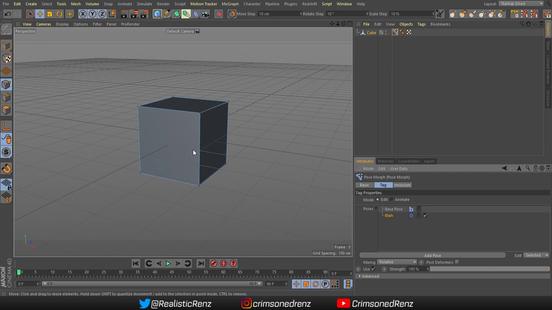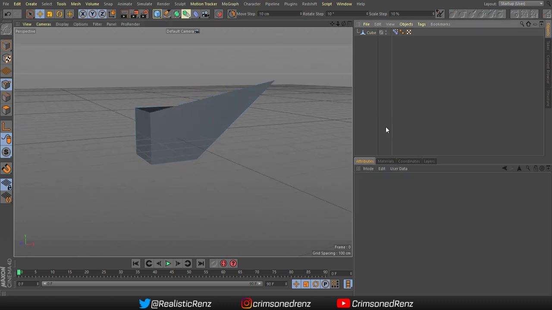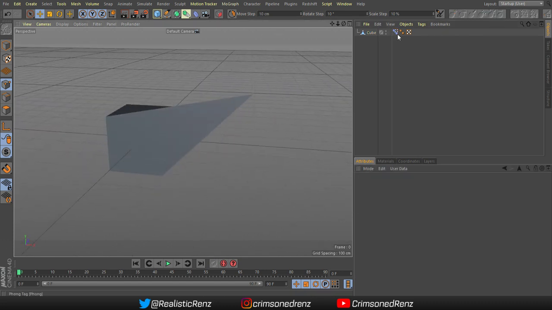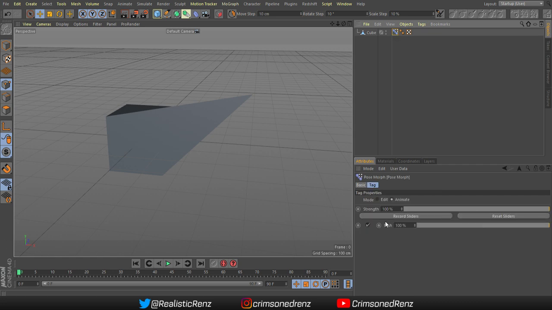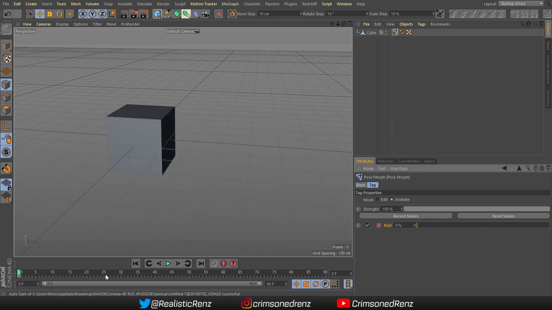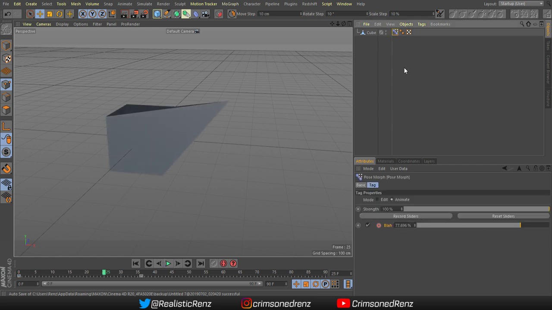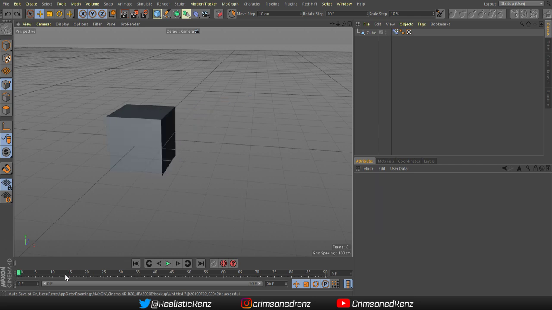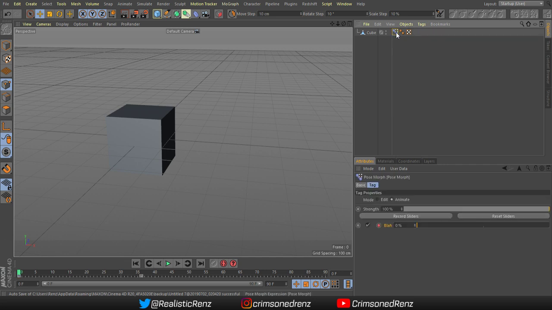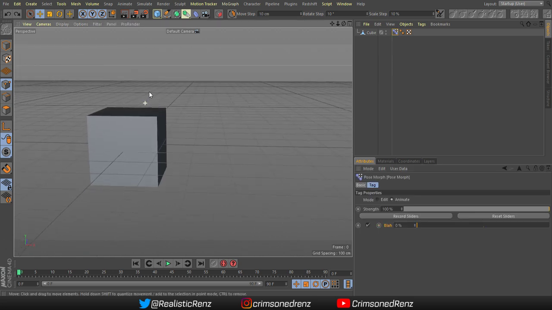Okay, so let's just make a point north there. Let's say you want to make a short little animation where you want this to start off at 0%, then 100%. Now imagine this, but with a bunch of objects in your scene that have point morphs like this set up. That's going to be very tedious, and might not be convenient to go into each point tag and keyframe it through this. Now, what would be a better way is